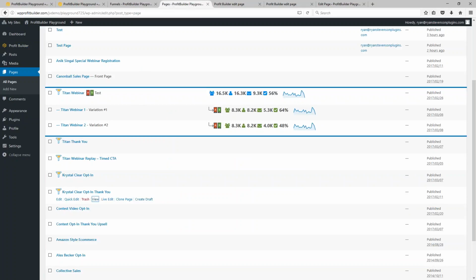Now, when you're viewing a list of pages that are on your site, if any of those pages are part of a funnel, you're going to see this little funnel icon right next to it. If they are involved in a split test, you're going to see this little split test icon. And then you're also going to see these different stats available for those different split tests. So with that said,